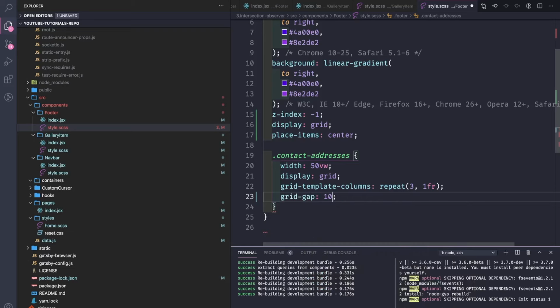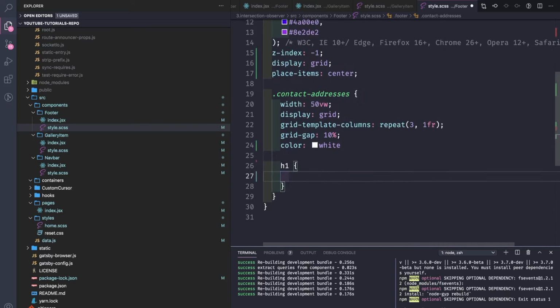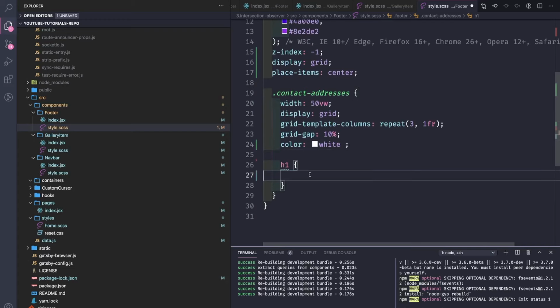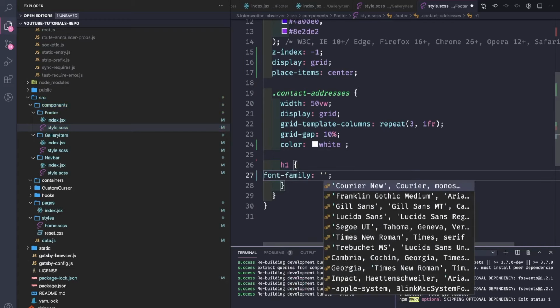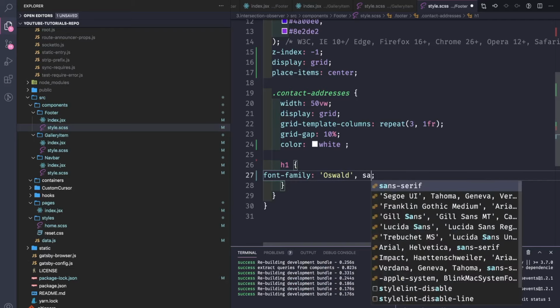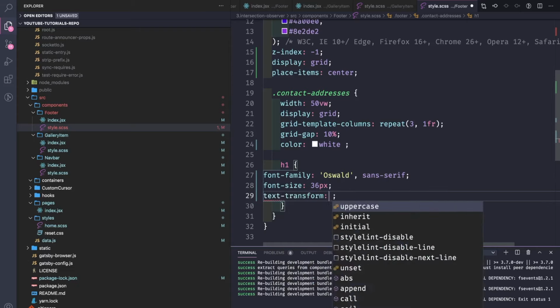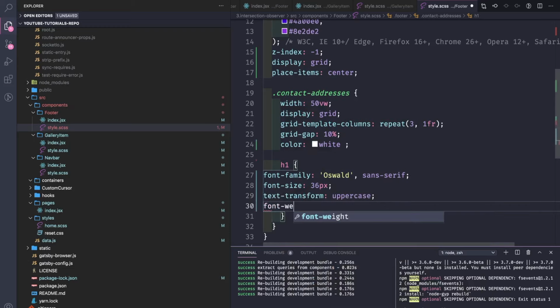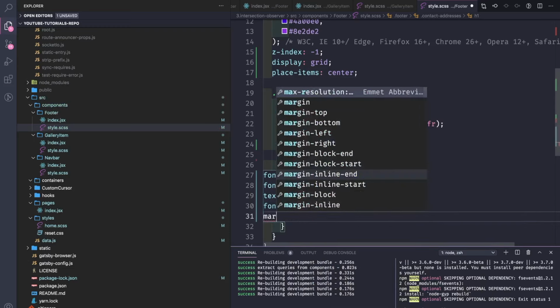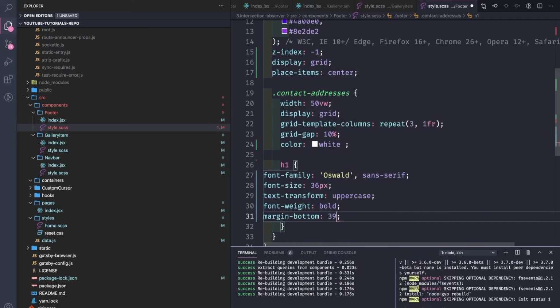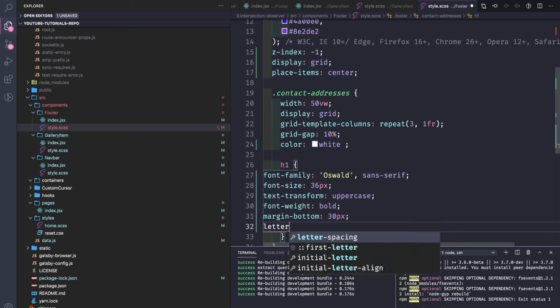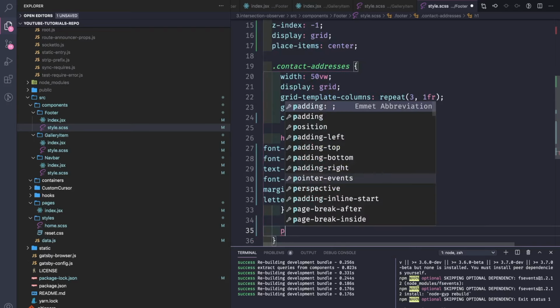A gap of 10%, color white, and for the H1s we have the font family of Oswald, which is a sans serif. Font size 36 pixels. We'll make them uppercase. Font weight bold. Margin bottom of 30 pixels. Letter spacing 2 pixels. And for the paragraph,